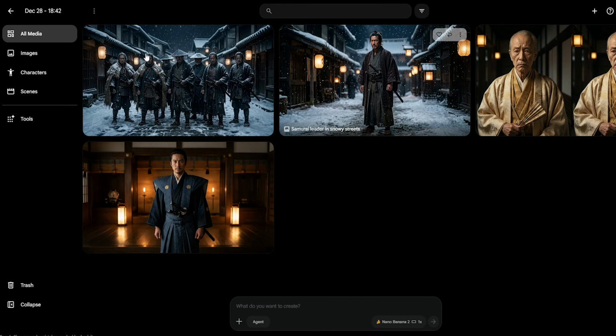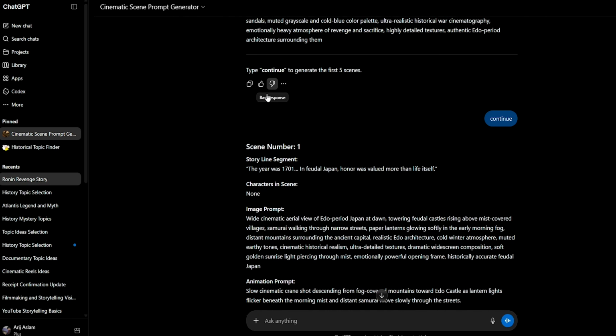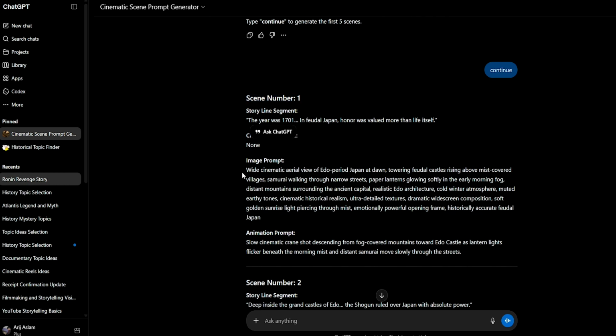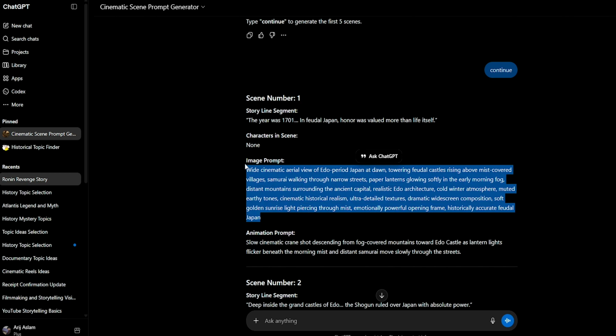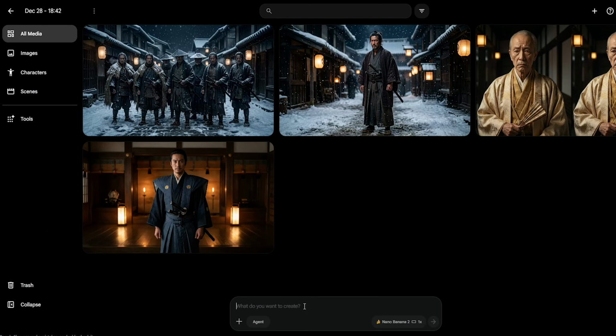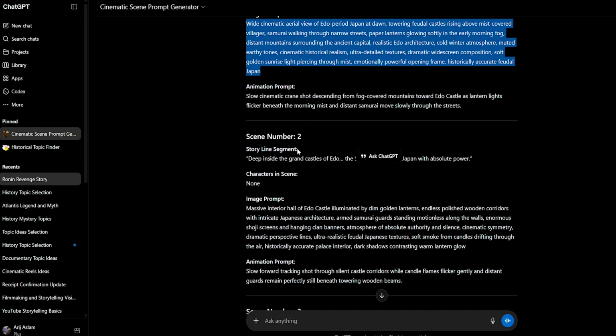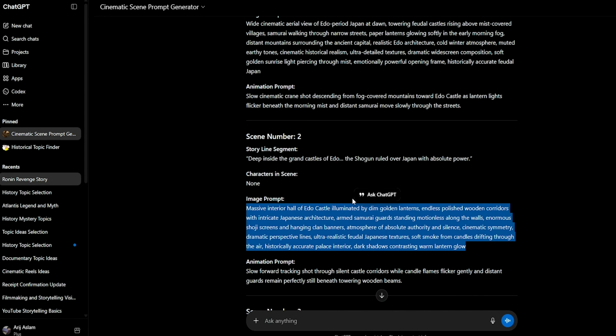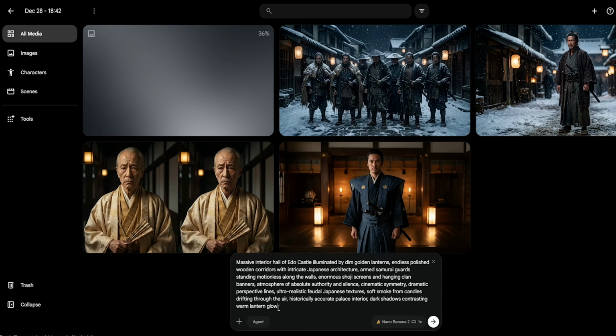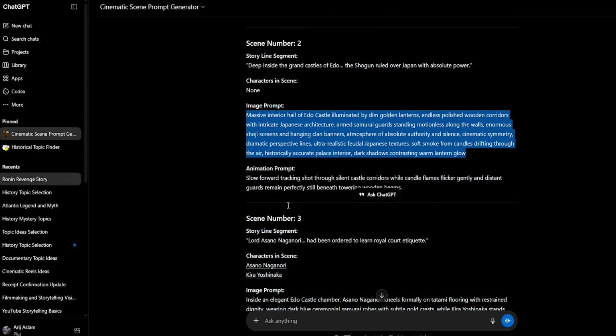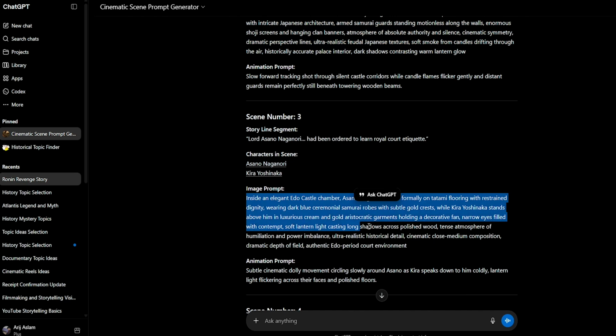Once you're done with characters, go back to ChatGPT and copy your first scene prompt. This is my first scene prompt. It doesn't contain any characters, so I'm just going to paste that prompt and click enter. You don't have to do anything. Same goes for scene 2. It doesn't contain any characters, so I'm just going to copy this and paste it here. Now here you can see scene 3 contains 2 characters, so just copy this prompt, paste that here,